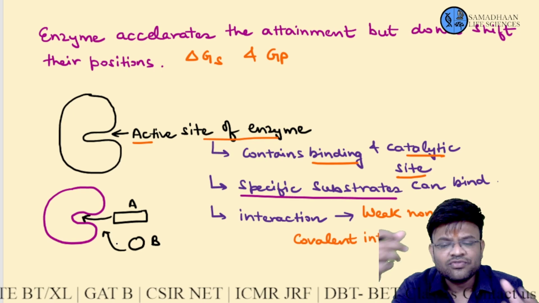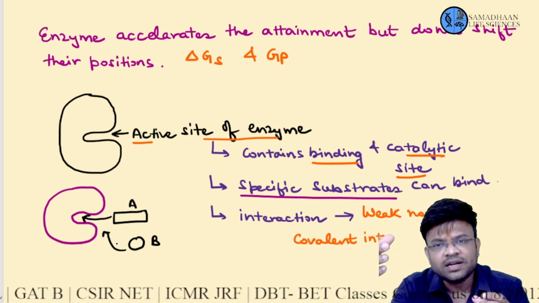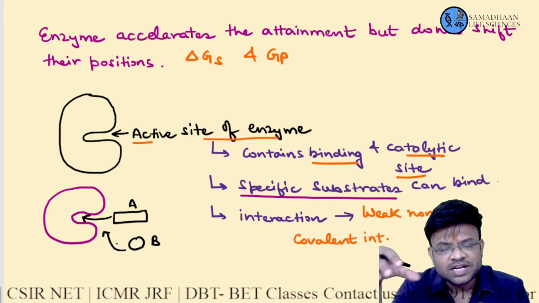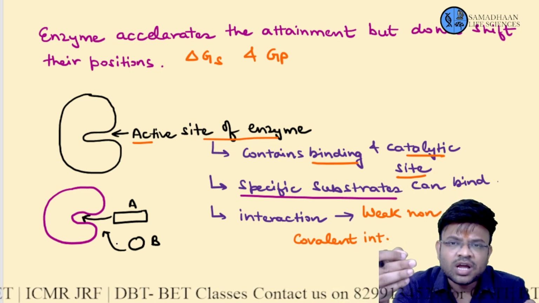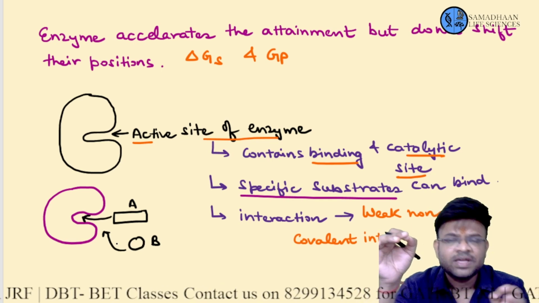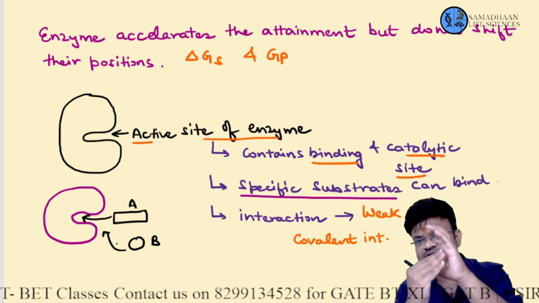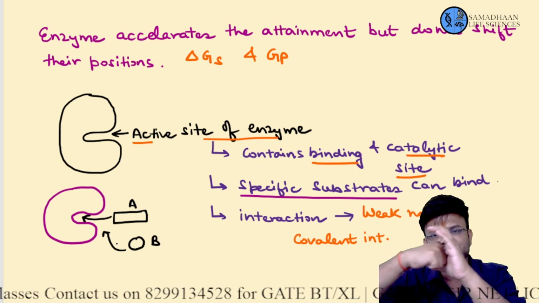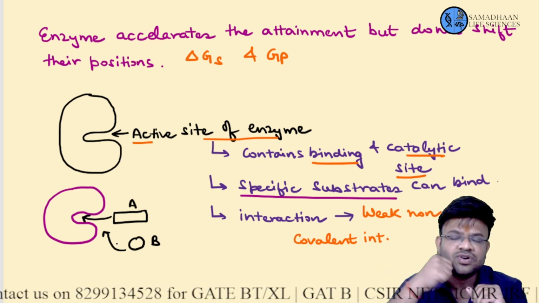Why only weak and non-covalent? Why am I saying non-covalent? Because covalent interactions are very strong in nature. So all the interactions that will be present over here will be non-covalent in nature. Why am I talking about weak interactions only and not strong interactions? Understand this, that as I said, let us say this is the enzyme and this is the active site over here. Now, if the interaction between the substrate and the active site is through strong bonds or through covalent